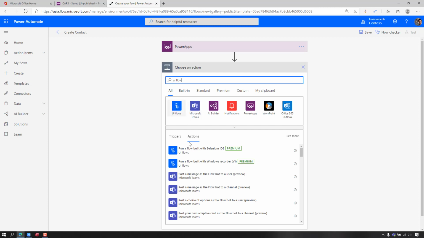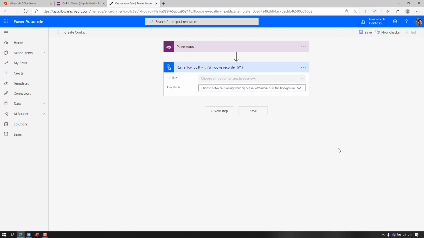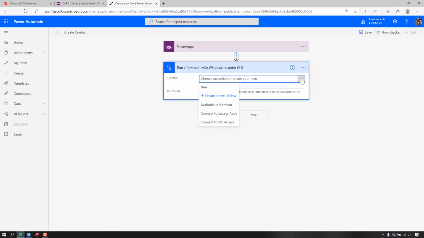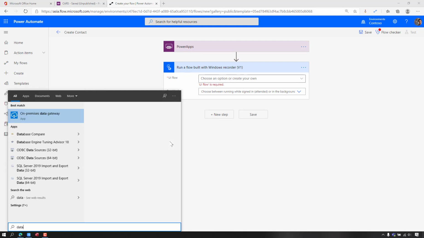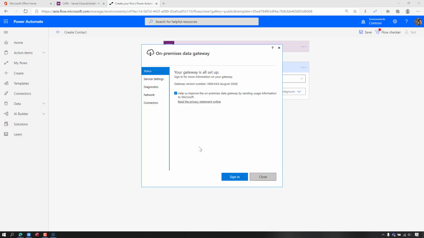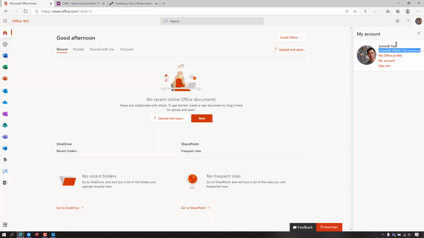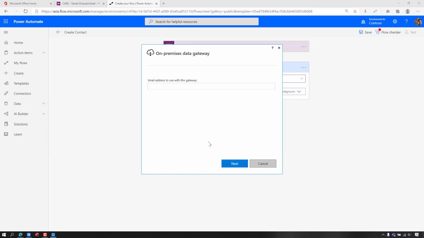Select the connection. The idea is you need to install the on-premise data gateway, because the best practice is that all the automation is done in the hosted virtual machine. So in the virtual machine, you need to install this data gateway, so everyone can access this virtual machine and do the automation.